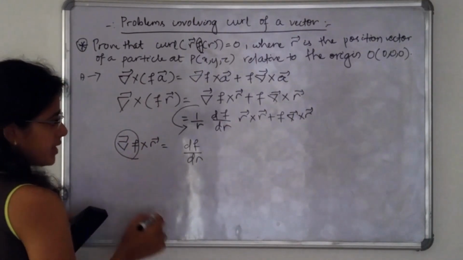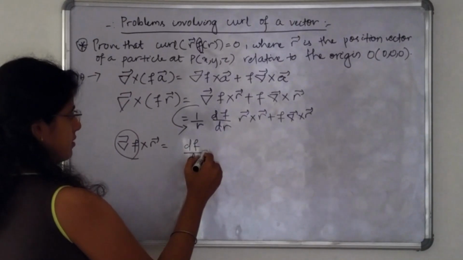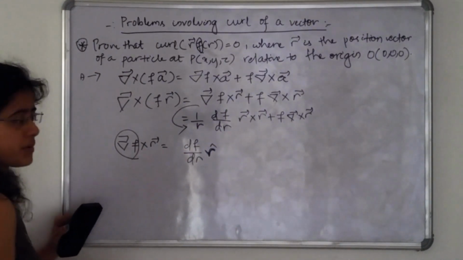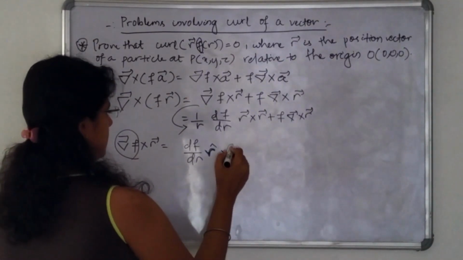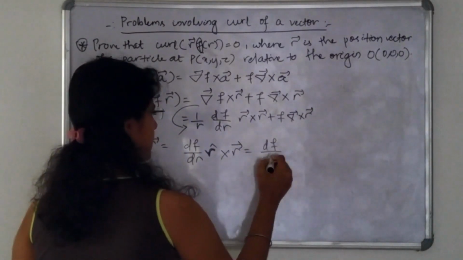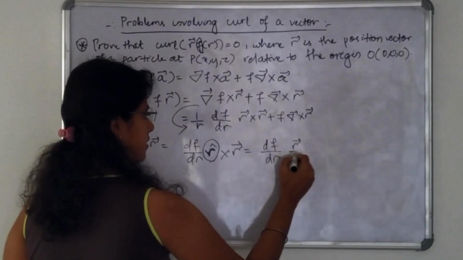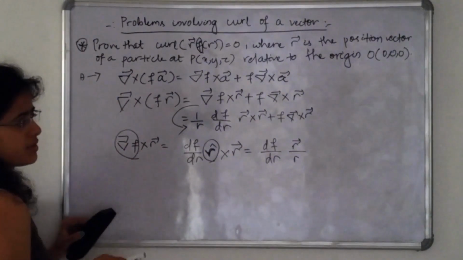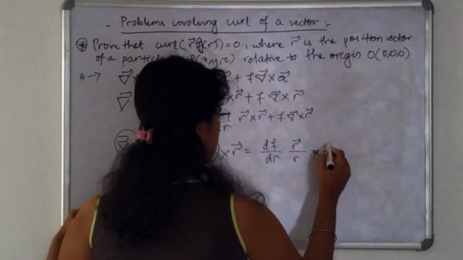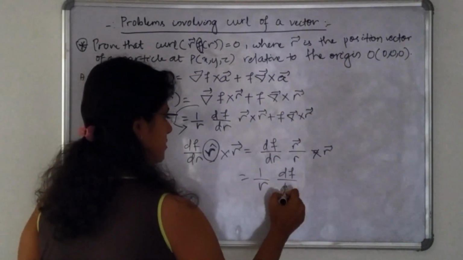as df by dr. So if we multiply it with a unit vector, that is r cap, then there will be no problem because the magnitude of the unit vector is 1. So df by dr, we know that this unit vector is r vector divided by the magnitude of r into r. So we can write it as,